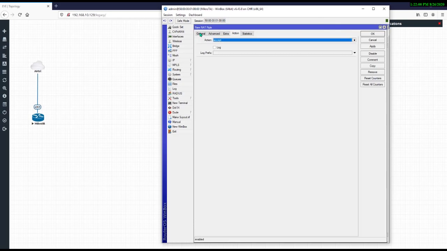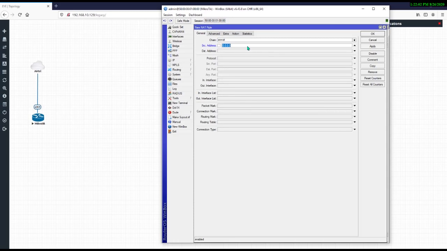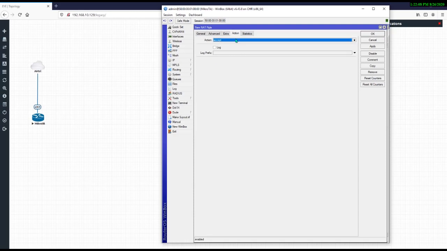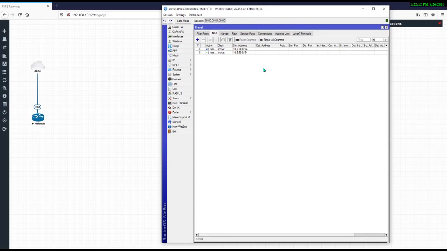The second rule will be the same, general srcnat and 10.5.60.0/24, action masquerade rule, apply and okay. So this is the rule that will allow our LAN users to reach the internet.